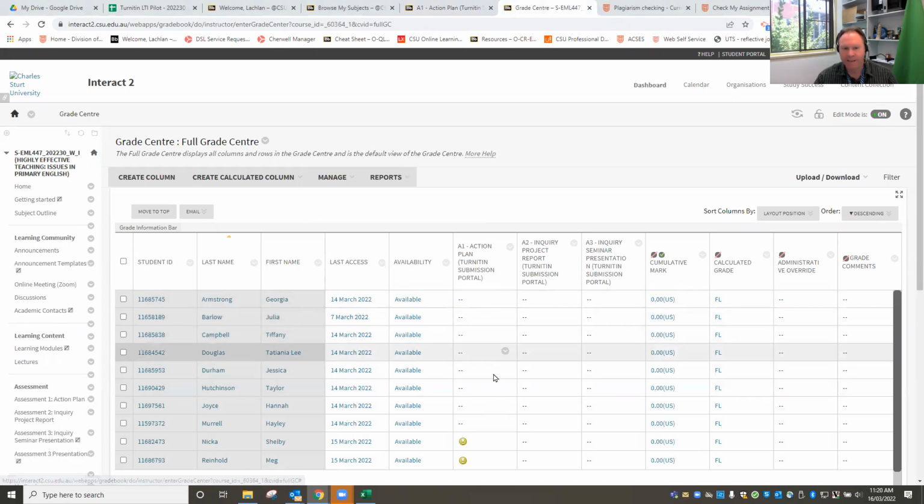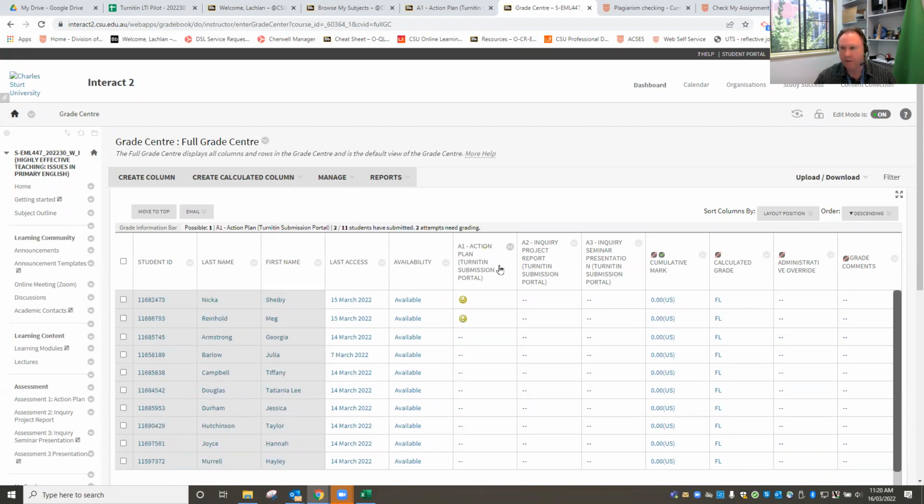So what we can see here in that first assignment is the submissions already showing up in the grade center as they come in. So you don't just have to go into the assignment portal. And if I click on those, it will order that in that task column, it'll put the submissions at the top, the ones that have come in. And I can actually see both of those attempts. And I can then click on grade user activity, and it will open the assignment in Turnitin to begin the